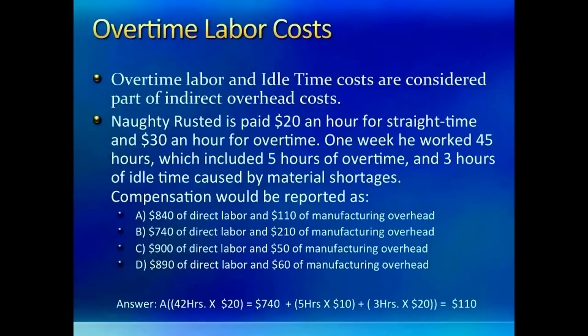on labor. Out of the total 45 hours, 5 hours are overtime and 3 hours are idle time, both belonging in manufacturing overhead account. So let's keep them separate. For the other 37 hours, we will be paid $20 an hour. That would be $740 of direct labor, plus some amount of indirect labor, which we have not yet calculated. So look at the indirect